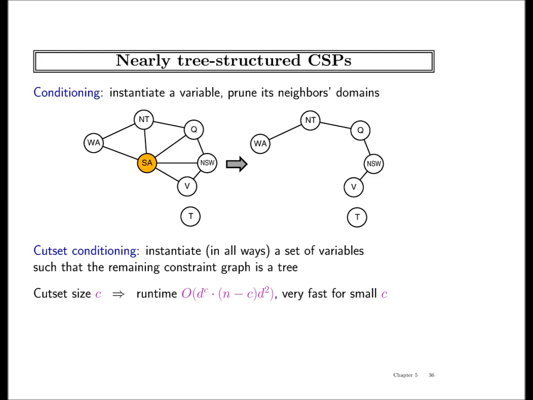So okay, so this would be a cycle cut set for this. Then I can do search by choosing this first. Let's say I do red and green and blue, and as soon as I do that, I'm only going to pay n d square time for the rest of the graph. So if I knew this cycle cut set was say C nodes, then how much is the total cost of the algorithm? Well, I'm going to do search over my C nodes, so that will be d to the C, and for each of those subproblems I'm left with a tree, so that will be n minus C times d square.